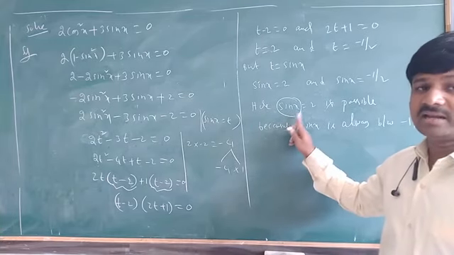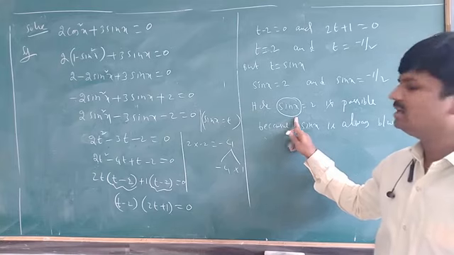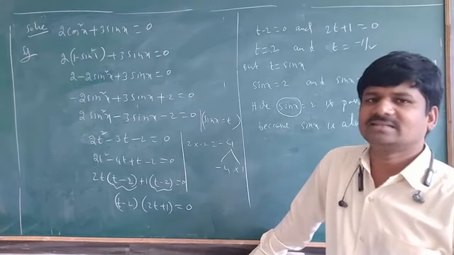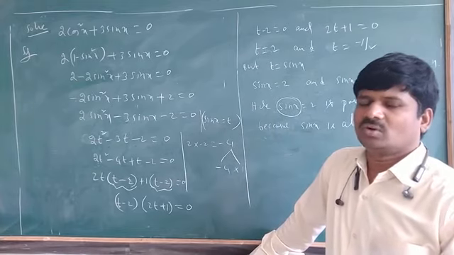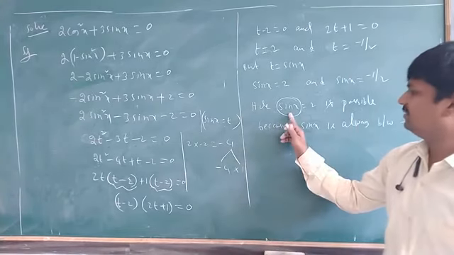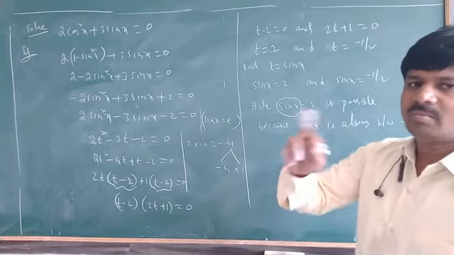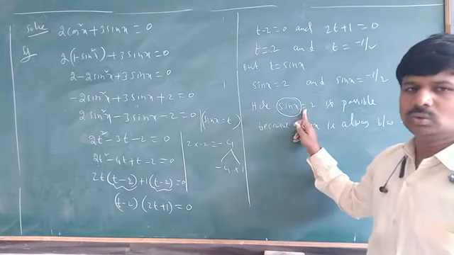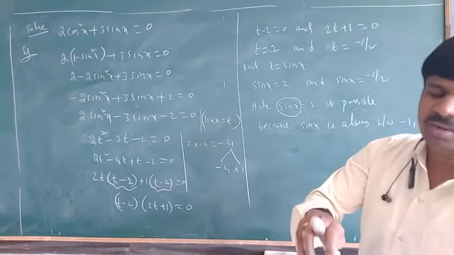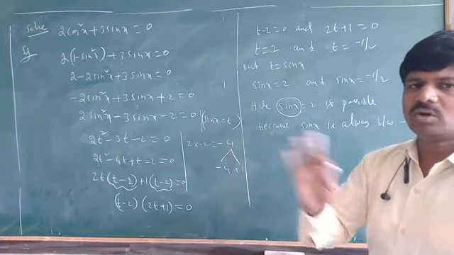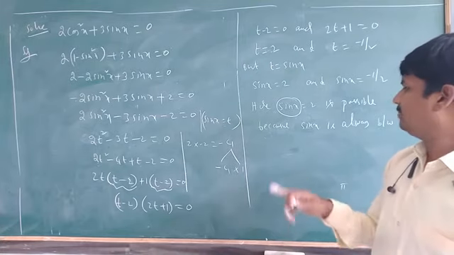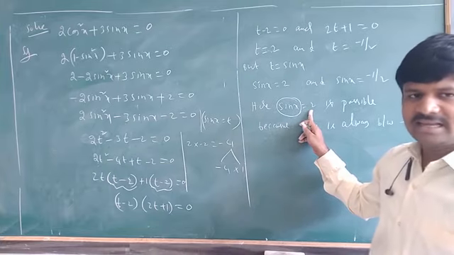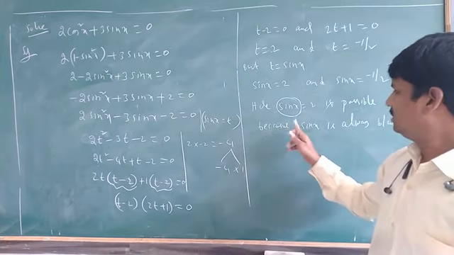We will discuss this again later about sin and cos values. Here graphs also are there. We have to learn how to draw the graph of sin x, cos x, tan x, all those. At that time you can understand why sin value is between -1 and 1. But here just remember: sin value must be between -1 and 1 only. It will not be more than 1 or less than -1. So it is not possible.